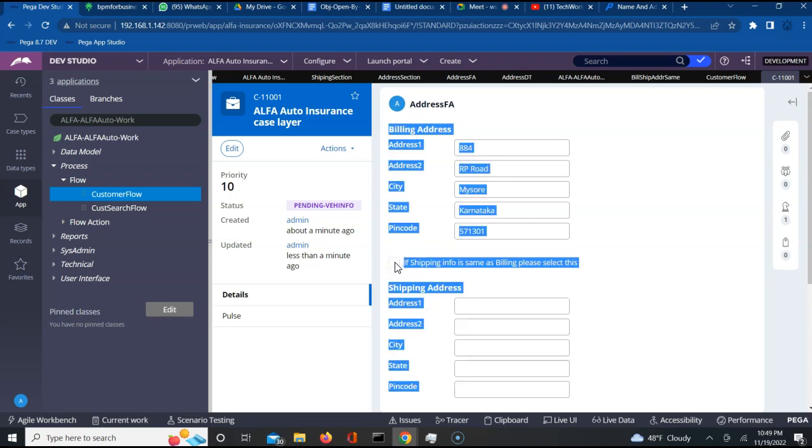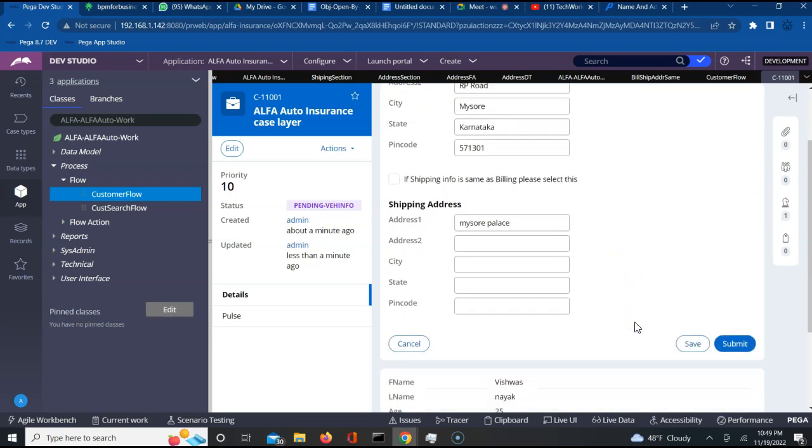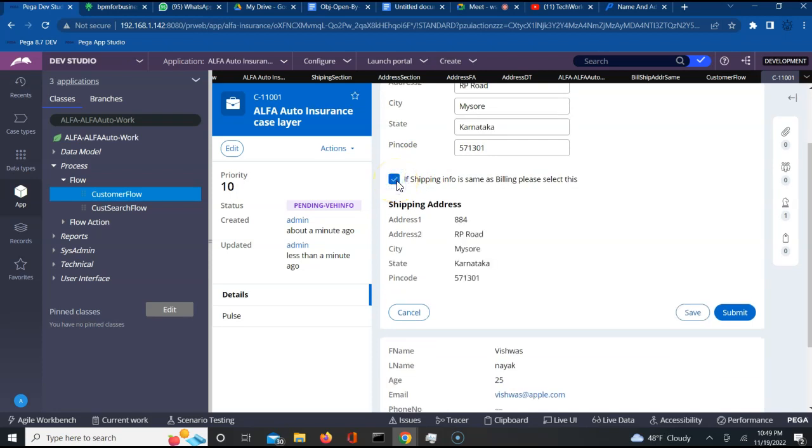If I uncheck this, see, I can edit these values. Ship this to Mysore Palace. I can modify these values. If I have not checked this, this value is false now. If I check this, it is true. Does it make sense how a data transform can